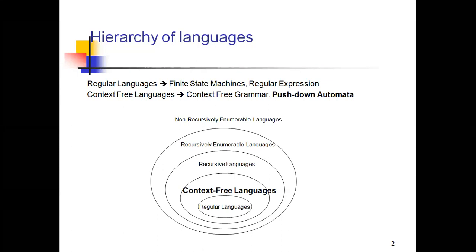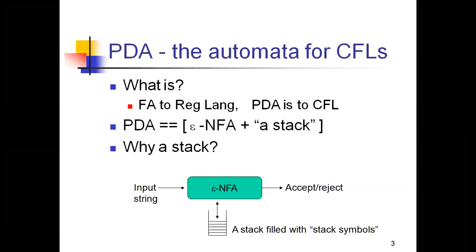This is from the syllabus of the course on formal languages and automata theory. Mainly we are going to learn about regular languages and context free languages. After these two, we are going to know which are recursive and which are non-recursive, and within that, which come under recursive enumerable and which under non-recursive enumerable languages. And here PDA is nothing but pushdown automata, and this is the pushdown automata for these context free languages.